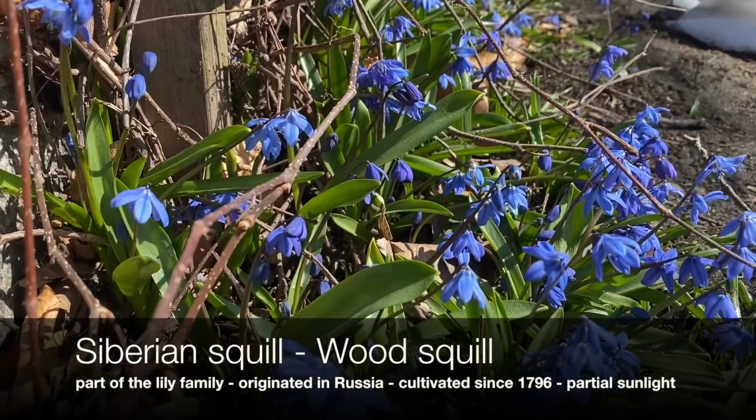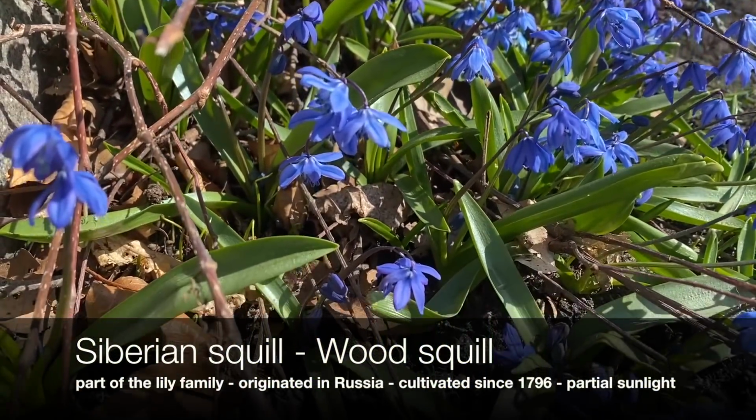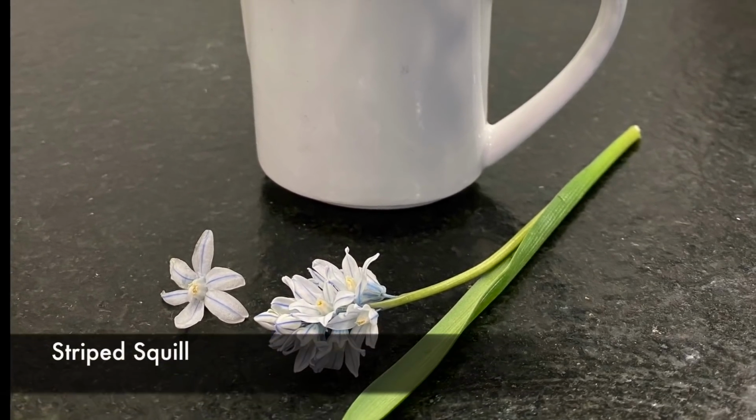I have several types of squill here at the property. These are Siberian squill or wood squill,